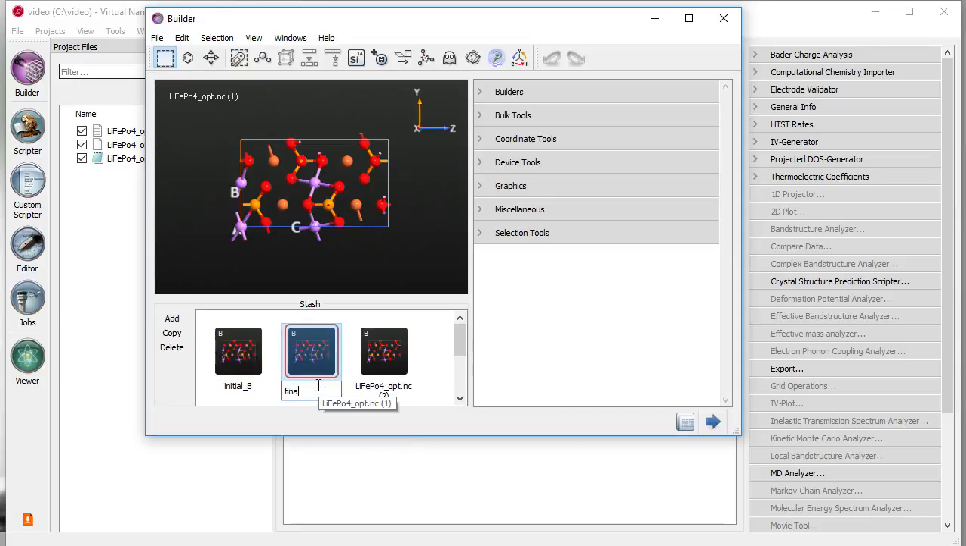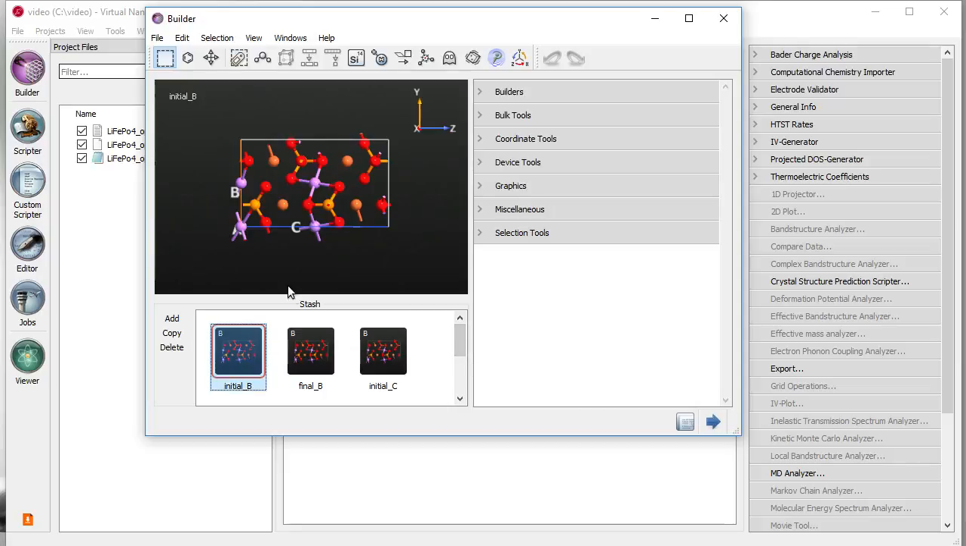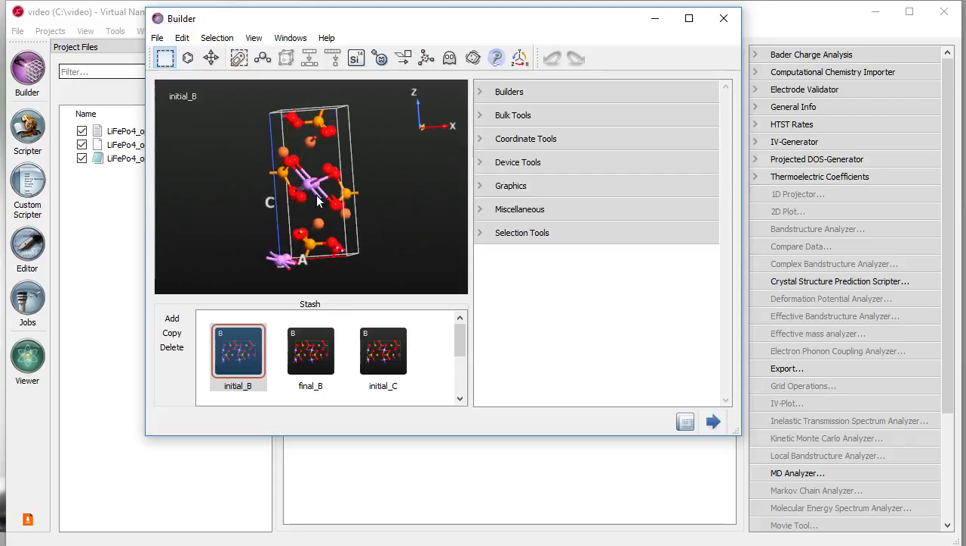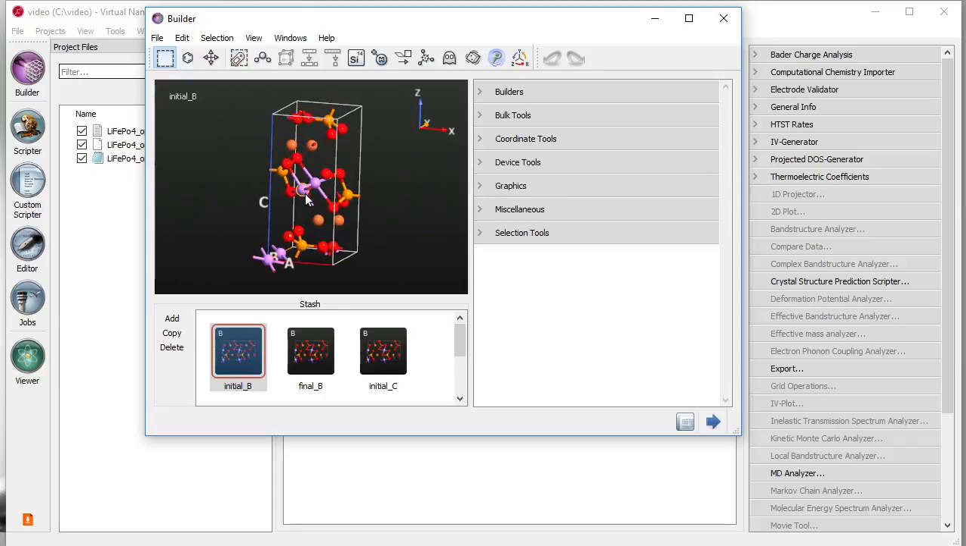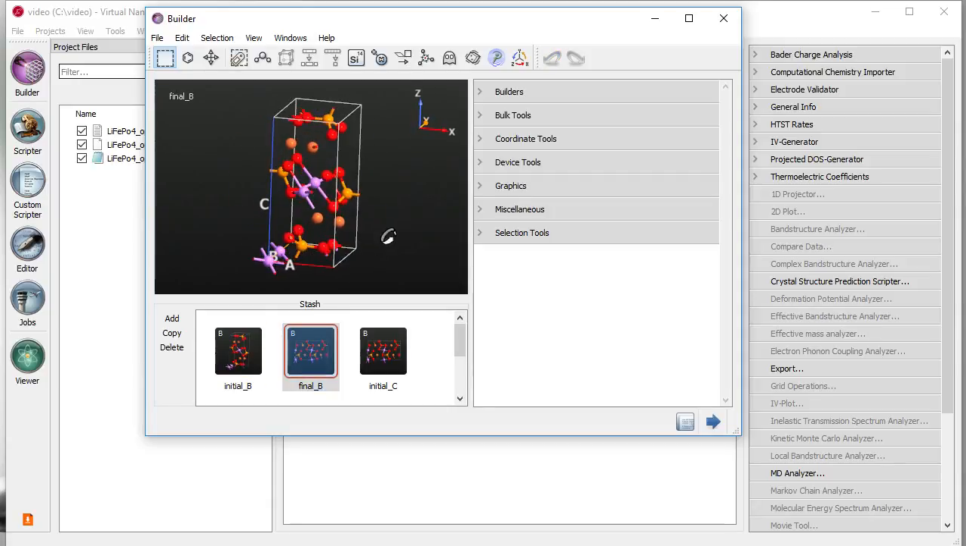So in path B, the lithium diffusion will be along the B direction in the unit cell, and in NEB path C, the diffusion will be along the C vector. So I need initial and final structures for both NEB paths. So the initial structure for B should contain a vacancy. So I simply remove this lithium atom right here, and then in the final configuration of the NEB,